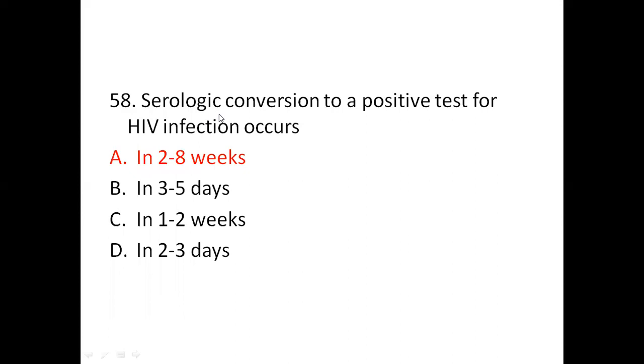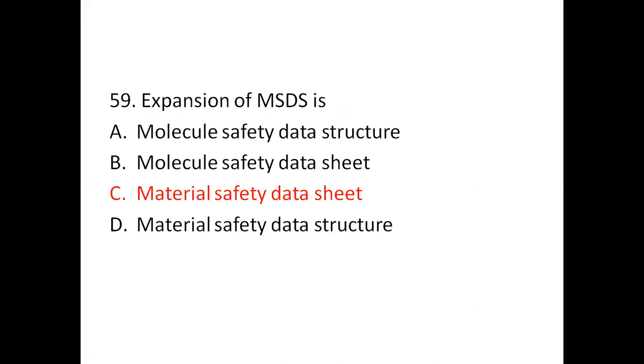Next question. Serologic conversion to a positive test for HIV infection occurs in option A, in 2 to 8 weeks, option B, in 3 to 5 days, option C, in 1 to 2 weeks, option D, in 2 to 3 days. So the right answer is option A, in 2 to 8 weeks. Generally, the patient shows positive after 2 weeks and in between 8 weeks. Next,